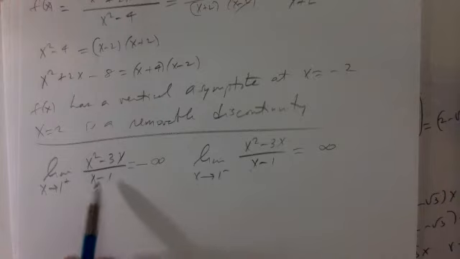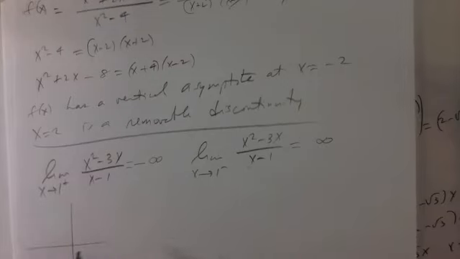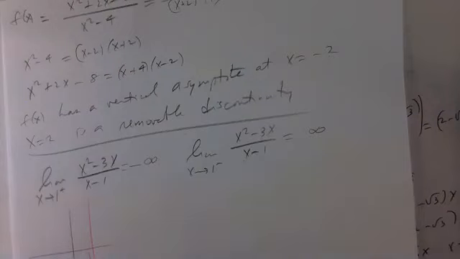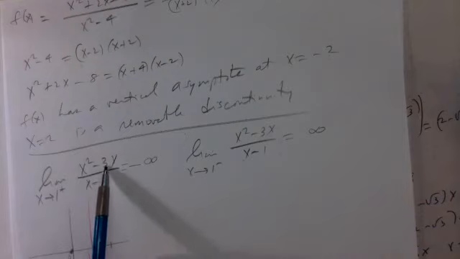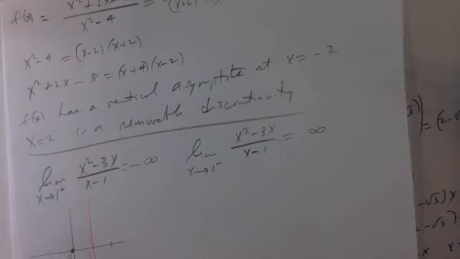Sure. So here, if we looked at the graph of this function, at x equal 1 it's not defined because the denominator would be 0. When x is equal to 0, you get 0. When x is equal to 2, we get 4 minus 6, which is minus 2. And